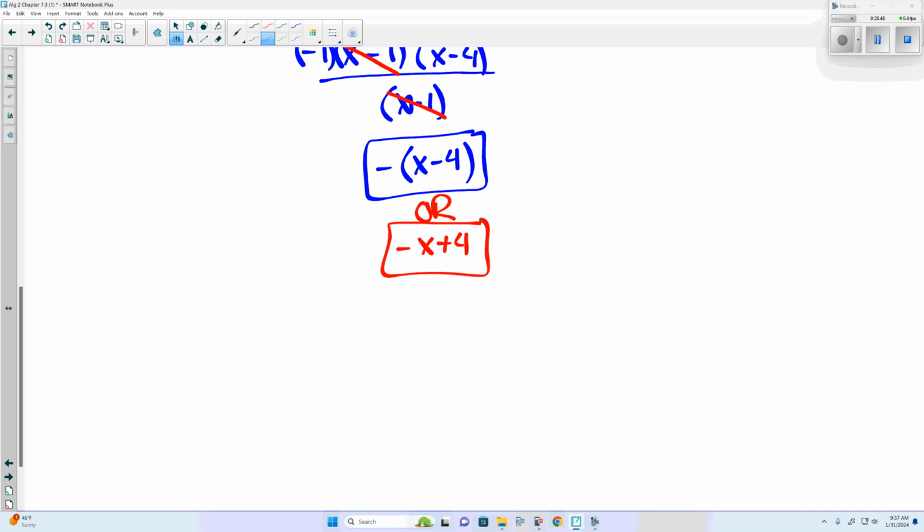We can distribute back through and get negative x plus 4. I will take either. Negative parentheses x plus or x minus 4 is the correct answer. Negative x plus 4 is the correct answer. They're just two different ways to write it. Now, if we do get an answer